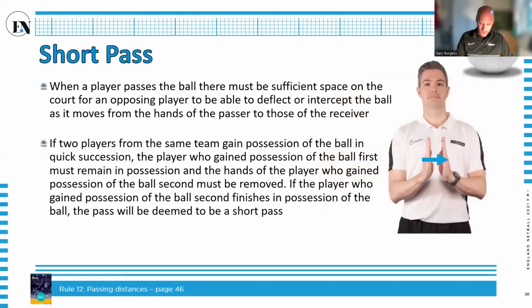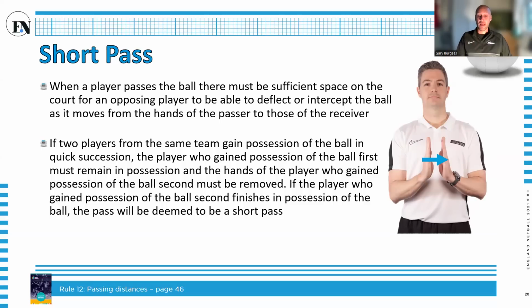Short pass. Okay, short pass. The wording of the 2020 short pass rule stated that there should be sufficient space for an opposing player to intercept the ball with a hand. Now, this actually rendered the rule almost redundant. Therefore, the following update has been provided in the first bullet point shown. So, when a player passes the ball, there must be sufficient space on court for an opposing player to